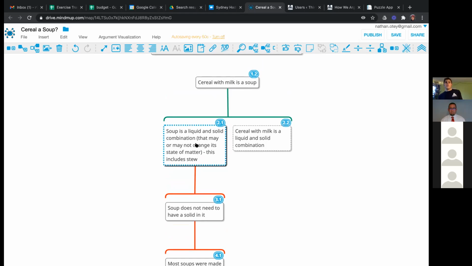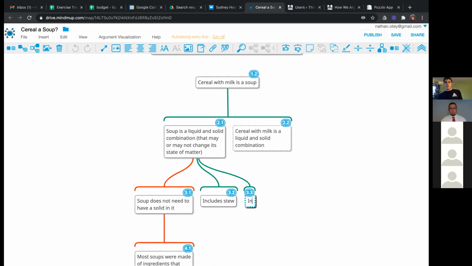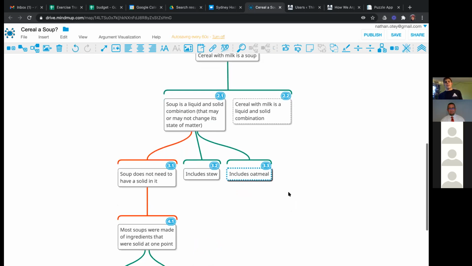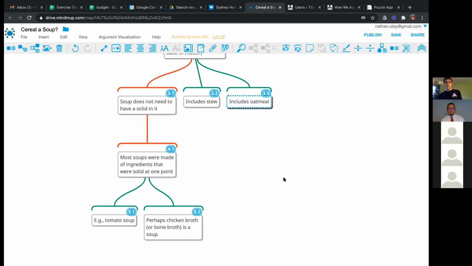Got it. So we're going to say it includes stew, and you want to say it includes oatmeal? Because I guess oats were at one point solid, right? And then they turned liquid. I'm thinking.